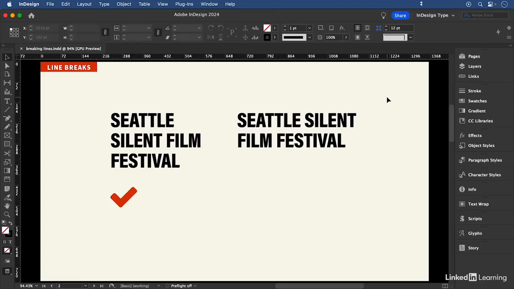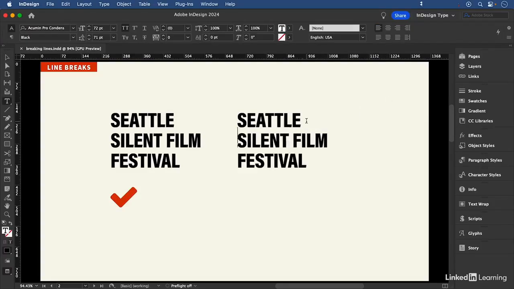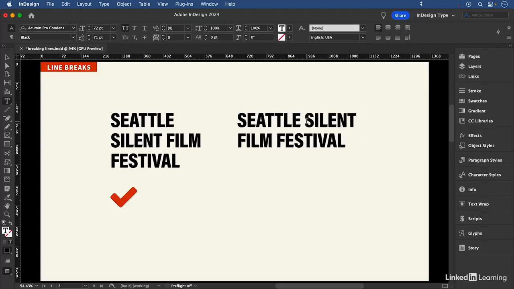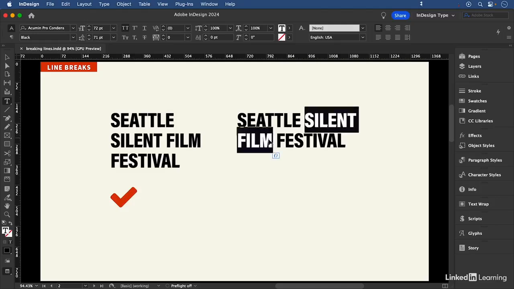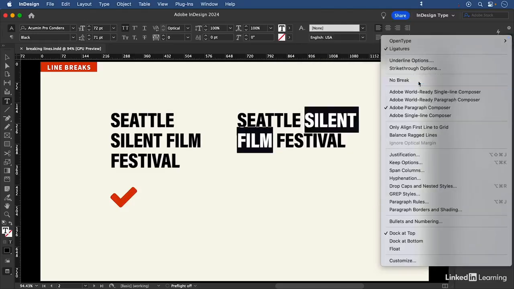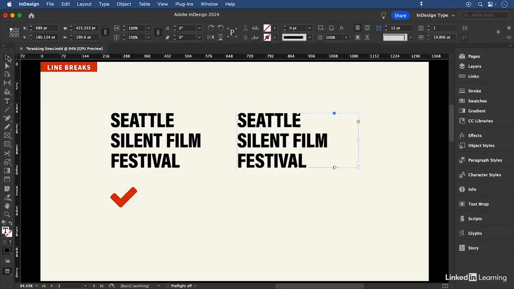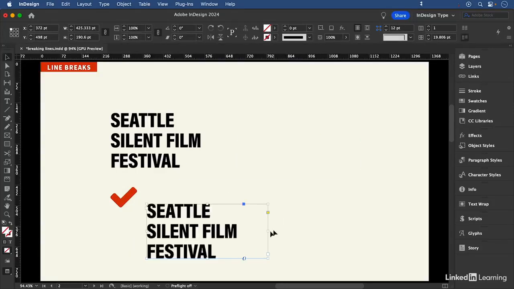Here's another example. It's just not making sense the way it is, so I can introduce a line break right there to fix it. But as an alternative, rather than a line break, which is going to stay in that position and could cause problems if the text reflows, instead, I'm going to select those two words and apply no break. Now, visually, the result is the same, but the benefit of using no break is that if I reconfigure this